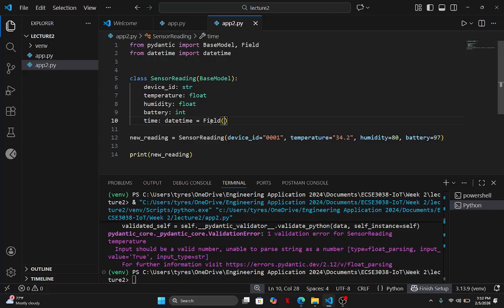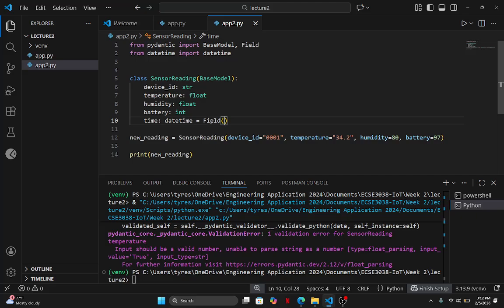For instance, say you wanted to take a battery reading. The battery percentage can only be between 0 and 100. If you get a value less than 0 or greater than 100, you want to raise an error. So maybe I can modify the field to say that it must be greater than or equal to 0 and less than or equal to 100.